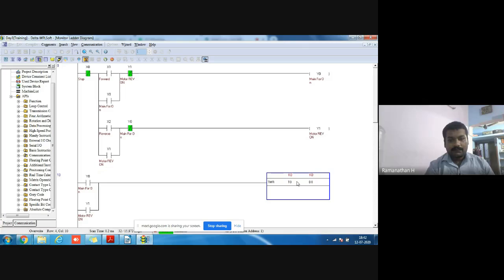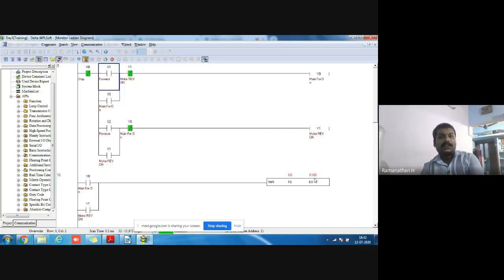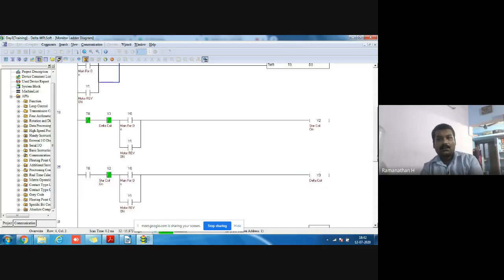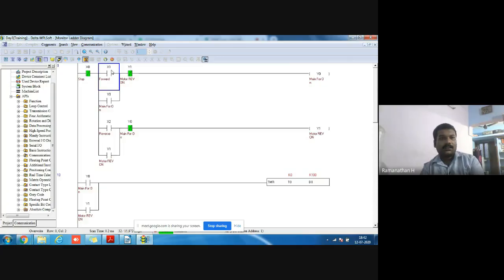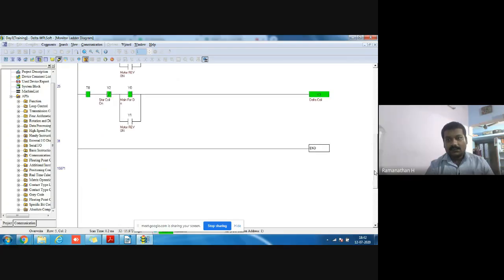Yeah, first I set the timer time. D0 is set to 100 seconds. Now what is the consequence? For the first 100 seconds it will run in start mode. Then after that it will continue on delta. Just stay on. This is the push button. The time it's running in the start, the timer is going on. Once it reaches, it automatically switches over to delta. Okay.